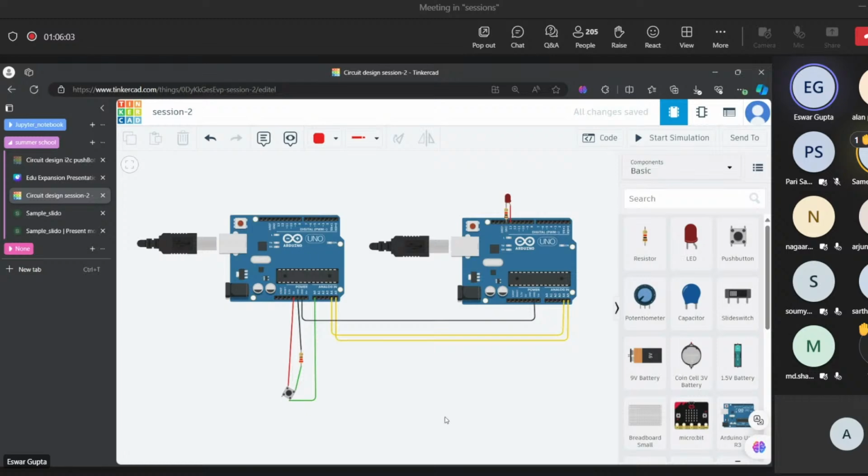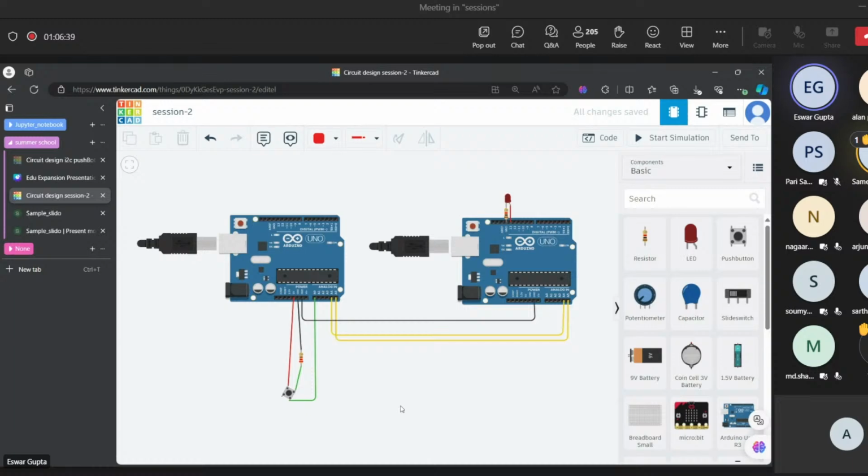What happens here is, suppose if I press the push button here, later I will write it in the code. If I press the push button here, the data transferred to this Arduino board will be 1. When 1 is transferred, that is outputted via this cable, pin 13. When 1 is here and 0 is here, so here it is 0 volt and here it is 1. 1 means 5 volt. Then the LED will glow, right? Yes. Okay.